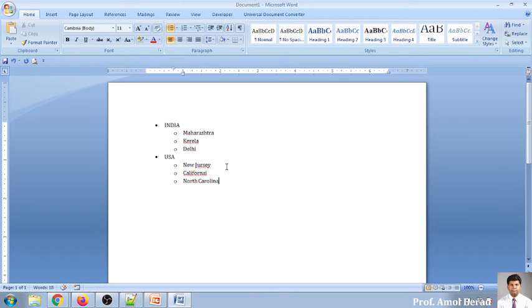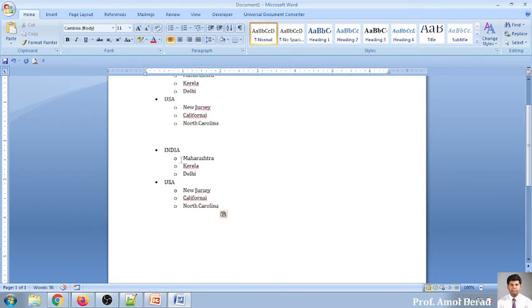Now, for this purpose, this is one way, and in some other way I want to display like this also. And I want to set it like this: 1, 2, 3, 1, 2.